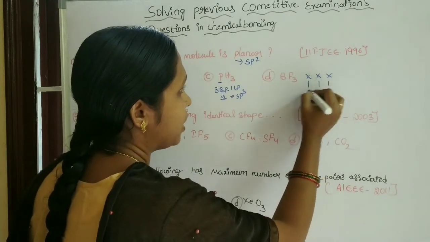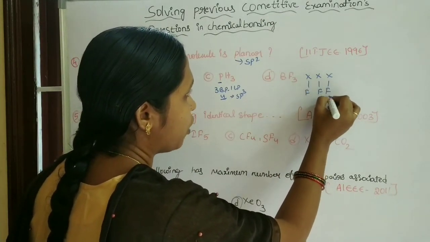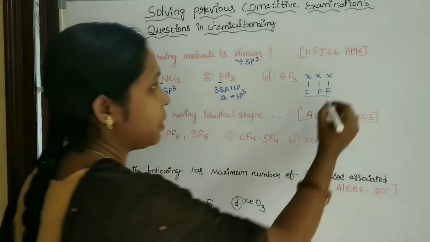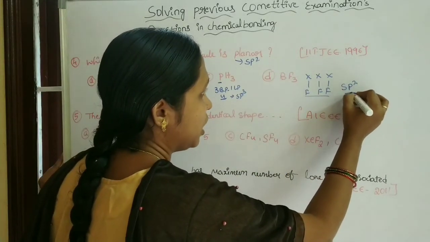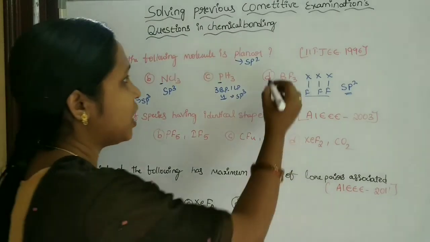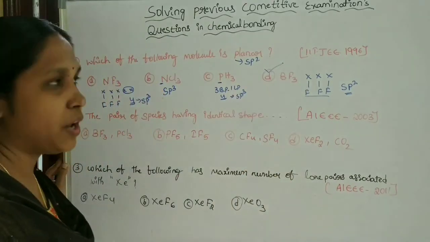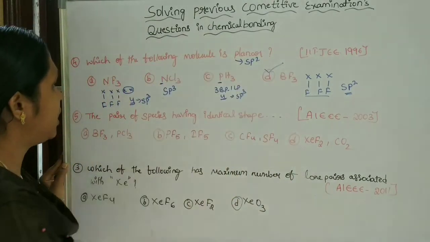Each fluorine combines with 1 electron and forms 3 bonded pairs. 3 bonded pairs means the hybridization is sp2, so the shape is planar. Okay, planar shape is BF3 and